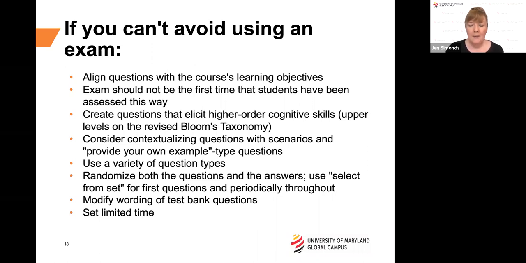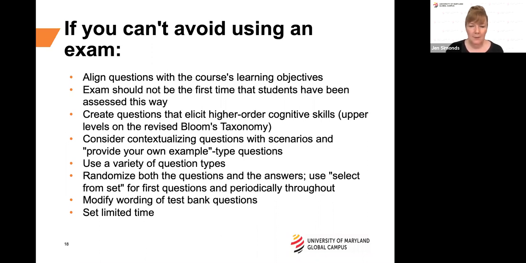in a book. Another one that is not as intense and doesn't take as much time on an exam is to explain the example, to have to explain something and apply it. Another thing is to use a variety of question types, as Kate alluded to as well. And there are some just sheer kind of cheat proofing